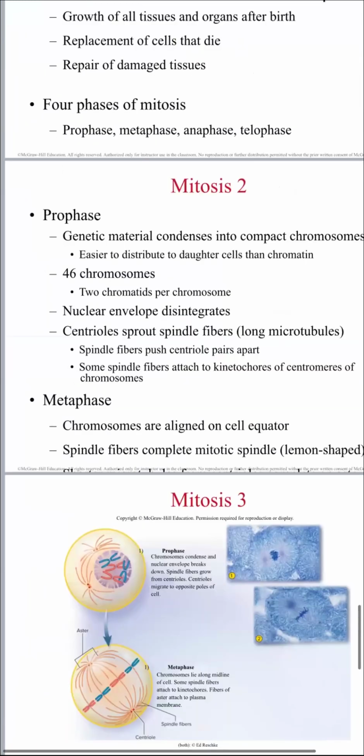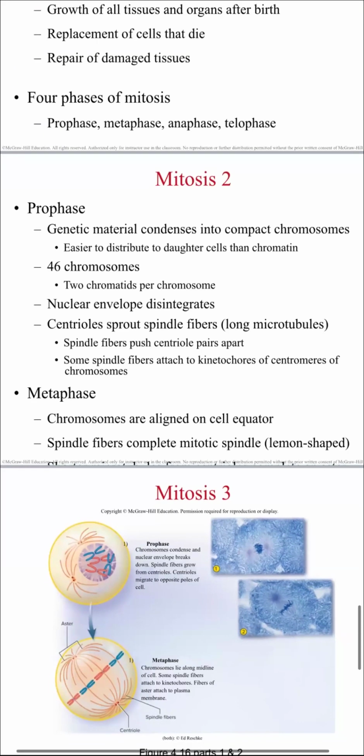Again, there are four phases: prophase, metaphase, anaphase, telophase, right? Prophase is where we start. We've already doubled everything. We've already doubled the DNA. Now we're ready to split. Prophase is when genetic material becomes easily seen, right? The genetic material compacts into chromosomes. They're easier to distribute to daughter cells than chromatin,